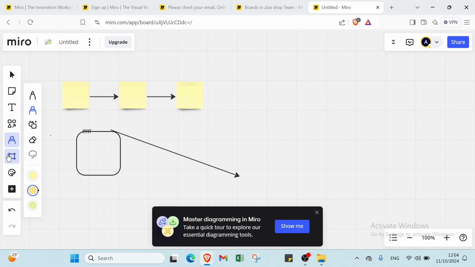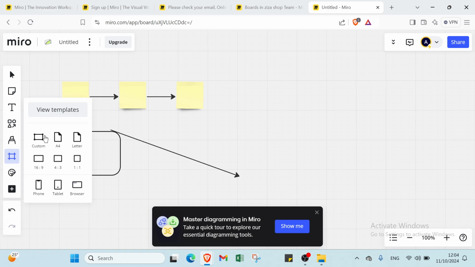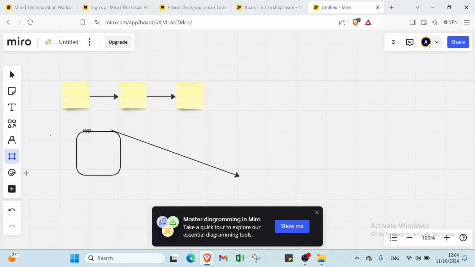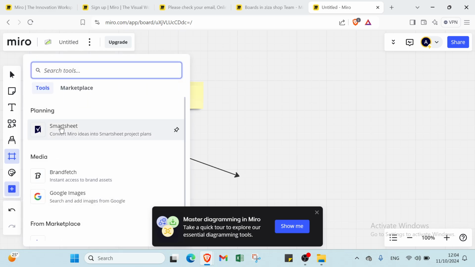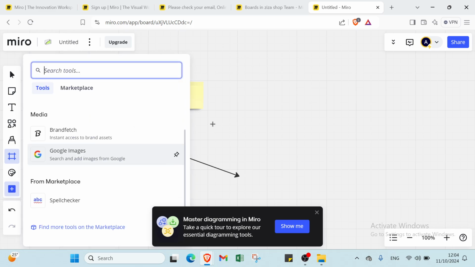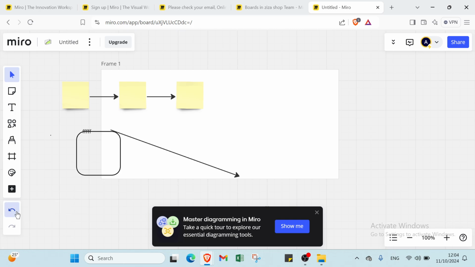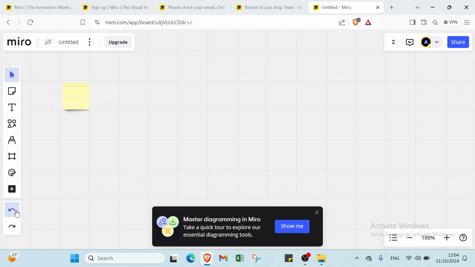Then we have here frame, as you can see, and we have here also custom, for example, and we have here phone, tablet, browser. Then we have here stickers, the emoji and gifs, and here tools, media and integration if you want to add someone here, for example. Then we have here if you want to come back, so let's come back,